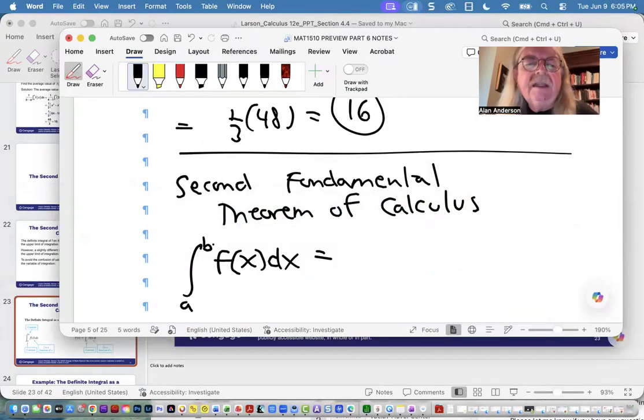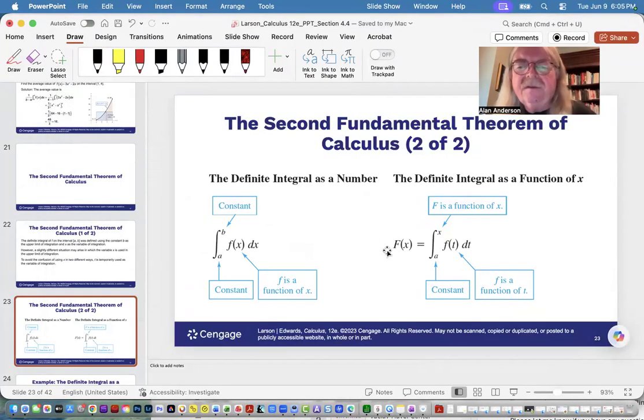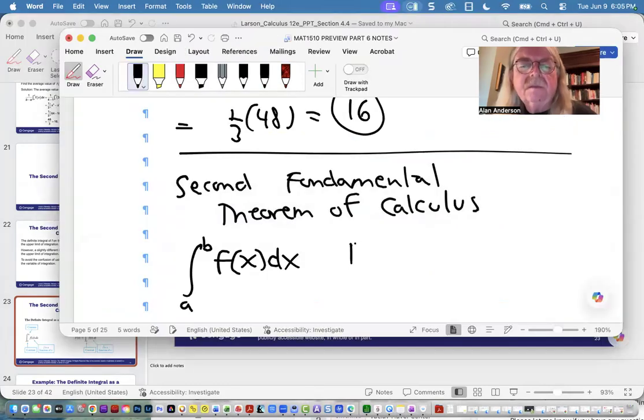It means that for this definite integral, the corresponding antiderivative can be written as,